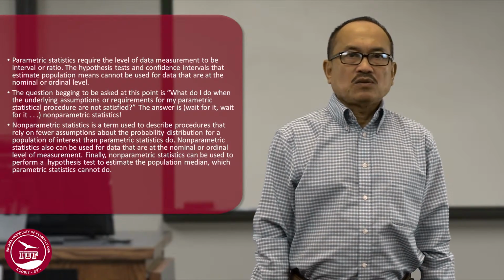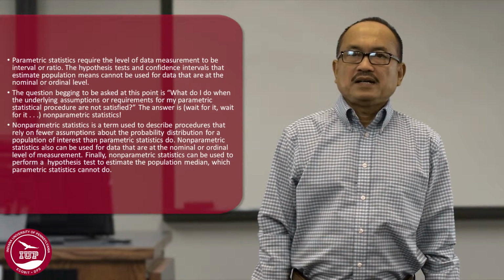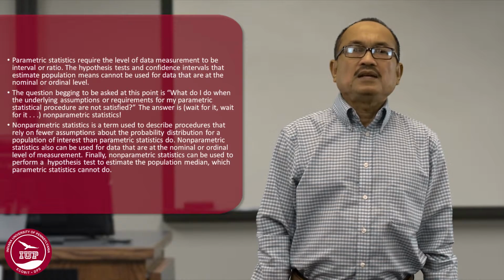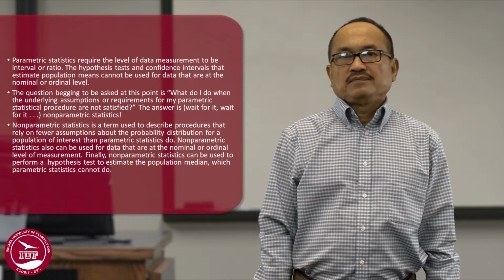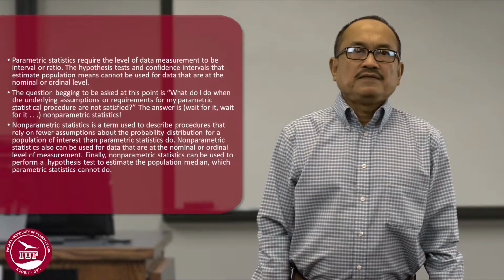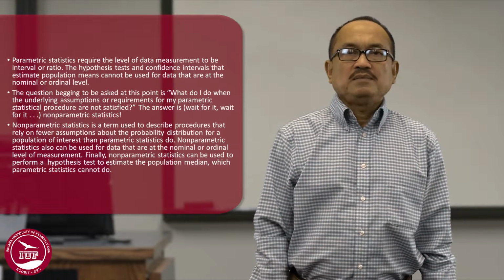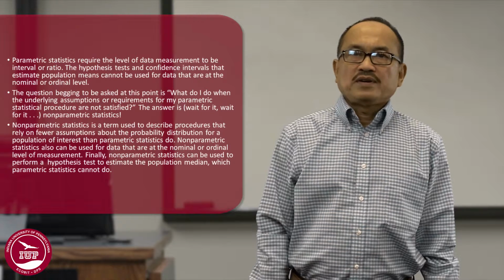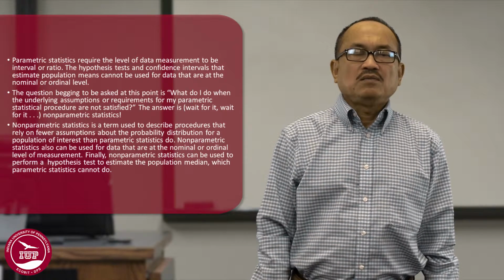Parametric statistics require the level of data measurement to be interval or ratio. The hypothesis tests and confidence intervals that estimate population means cannot be used for data that are at the nominal